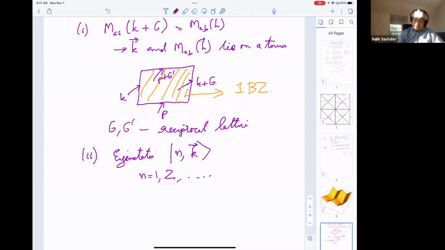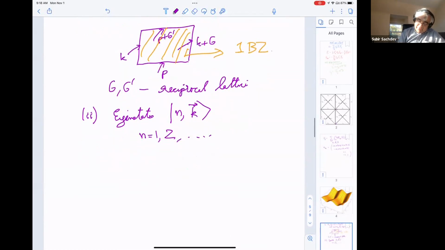And these eigenstates are only determined modulo a phase factor. You can multiply them by an overall phase factor as you wish. And it turns out that there's some uncertainty in that phase factor, and there's some interesting structure associated with that. In particular, if you determine this set of eigenstates n of k, then n of k plus G